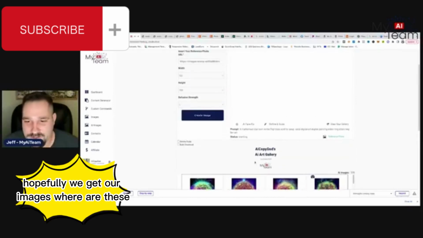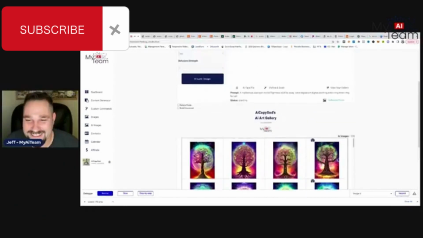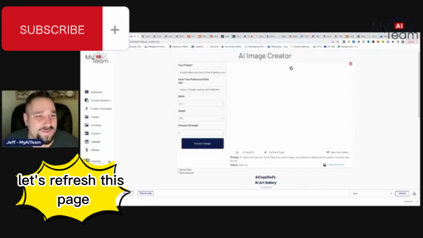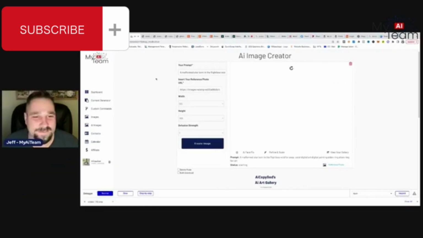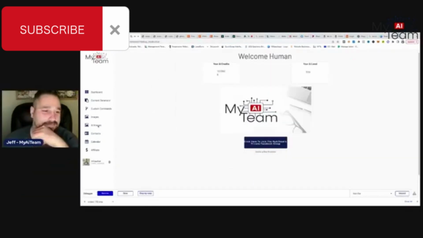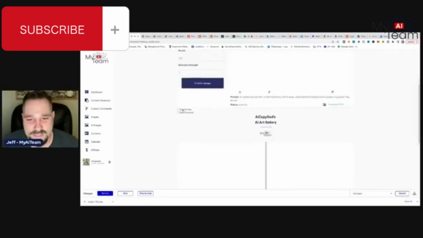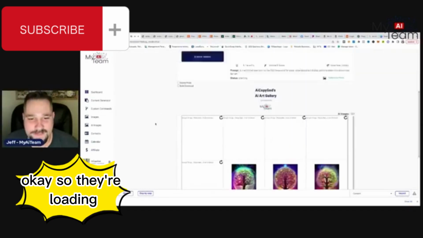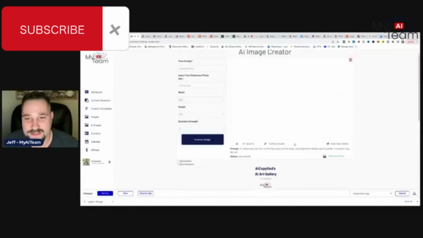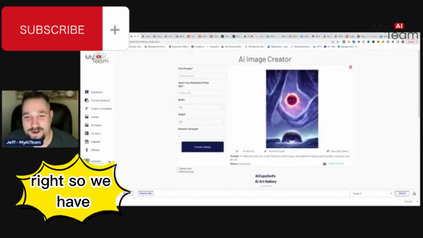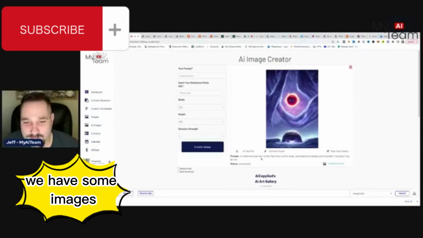Hopefully we get our images. Where are these? Let's refresh this page. Let's see if our image is loaded. There they are. Okay, so they're loading. So here we go. All right, so we have some images,